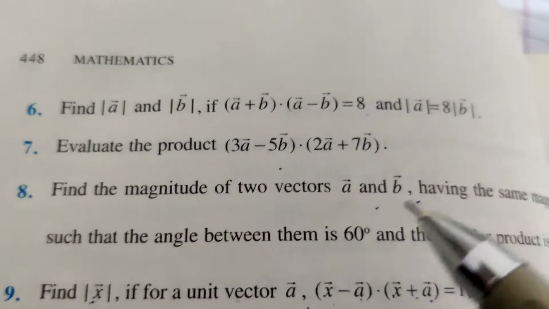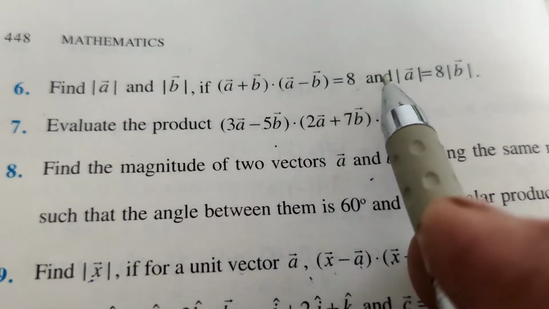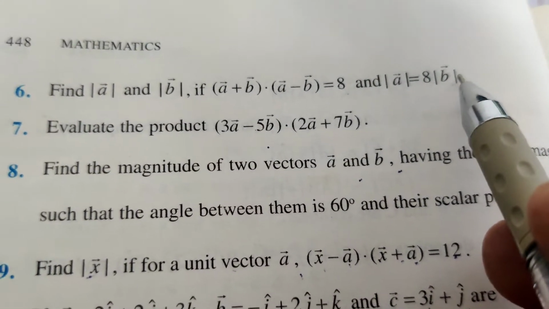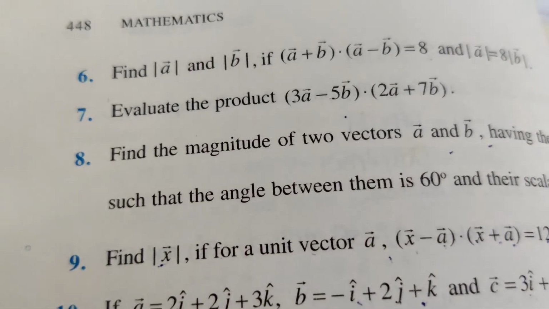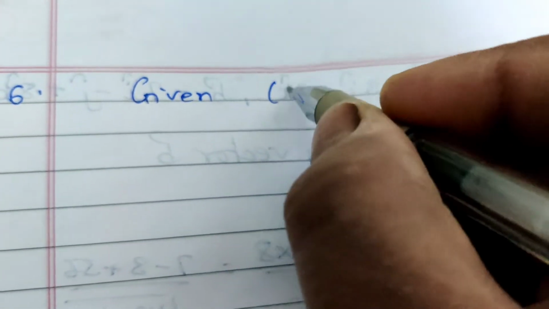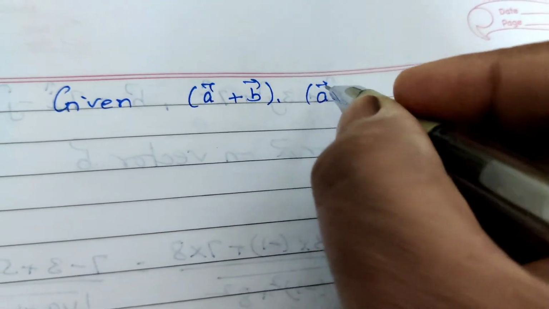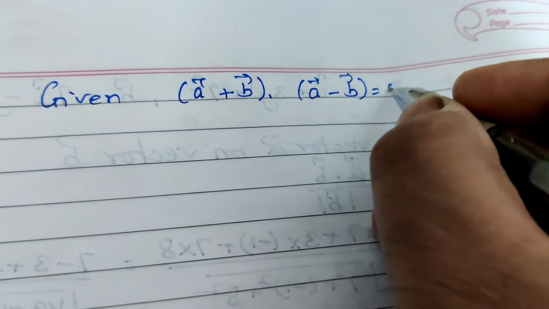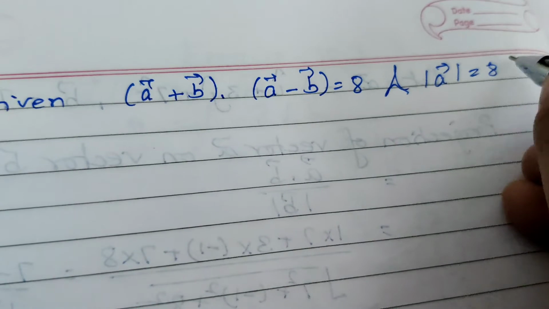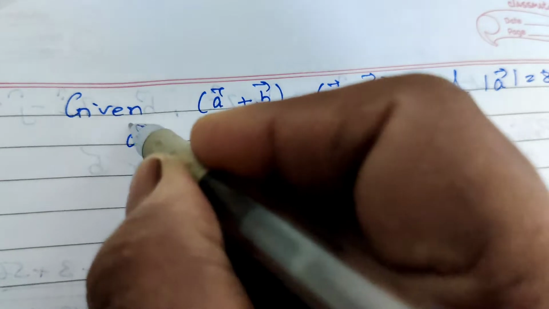Question number 6. Find vector A and vector B if (A plus B) dot (A minus B) equal to 8 and magnitude of A equal to 8 times magnitude of B. They are given that vector A plus B dot vector A minus B equals 8 and magnitude of A equals 8 times magnitude of B. Now the product: